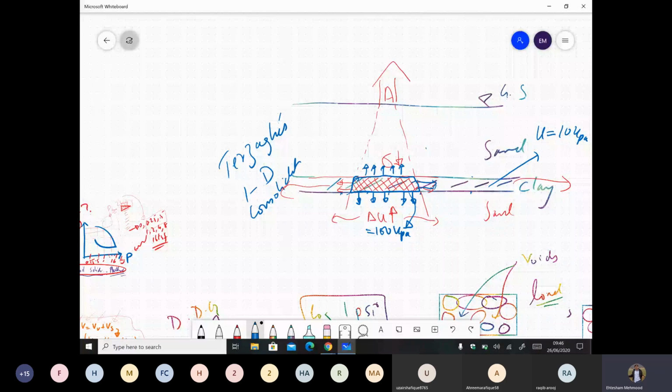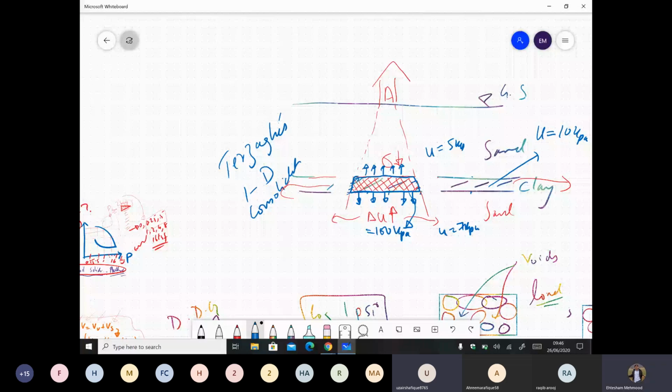The vertical upward and downward directions are really understandable, because water in this area is highly stressed, so it will move and dissipate in the surroundings. But it can also move to the sides in real life. For our consolidation theory, we are saying there is no movement on the side and water only moves in the vertical direction. Any questions now? Sir, preferably it will not move downward because the loading is already coming from above.